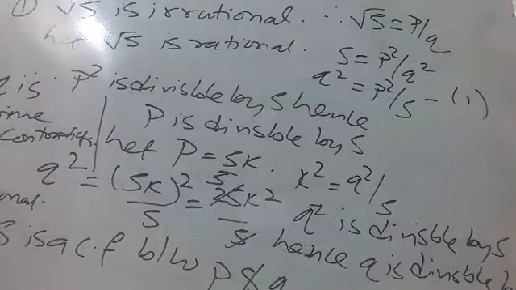Okay. So this way you can prove root 3, root 2, root 7, anything you have to prove, and this is also given in your book. This method is in theorem 1.4, page number 12, prove that root 2 is irrational. So you can see there also. Okay. Now let us see the next question.